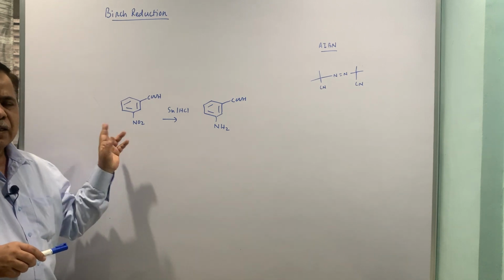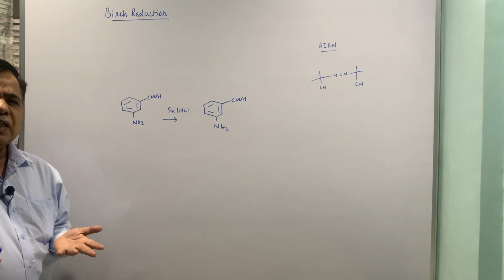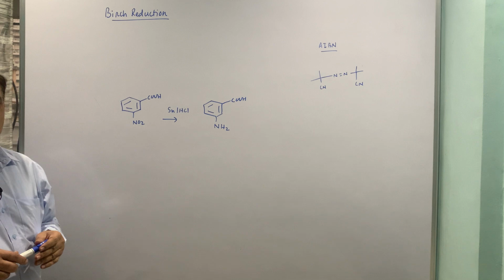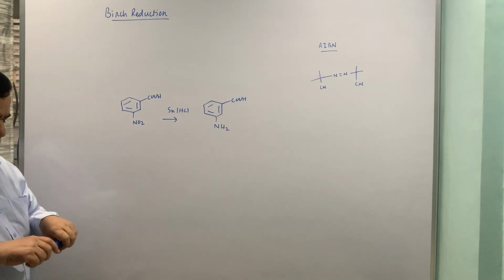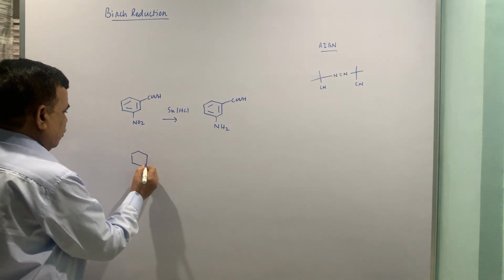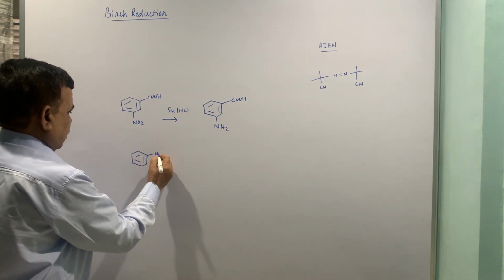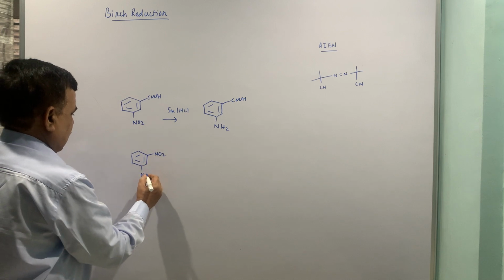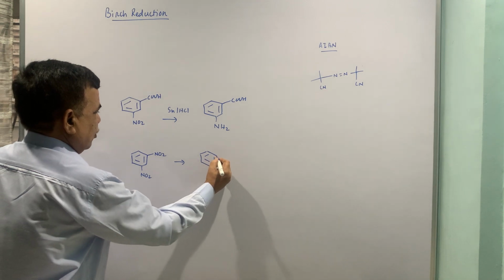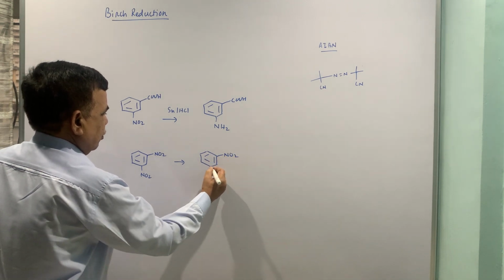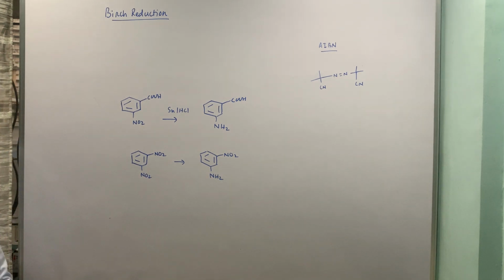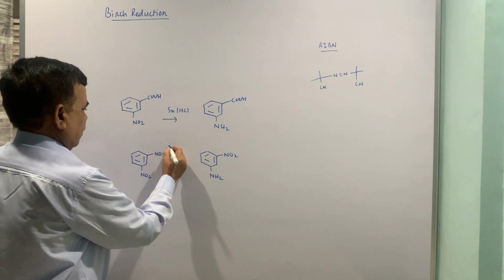Metal HCl can also reduce this, say Fe HCl, zinc HCl can potentially reduce NO2 group to NH2 group in the same manner. There is no problem. The other reagent I would like to tell you is, whenever a selective reduction is required, let us say this m-dinitrobenzene has to be transformed into m-nitroaniline, then a peculiar reagent is required, that is yellow ammonium sulphide.